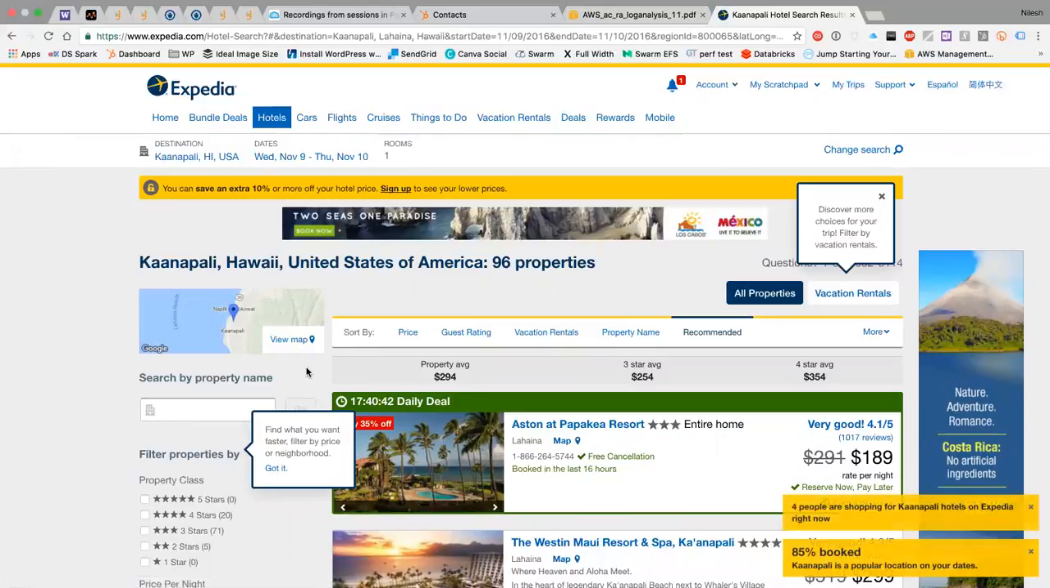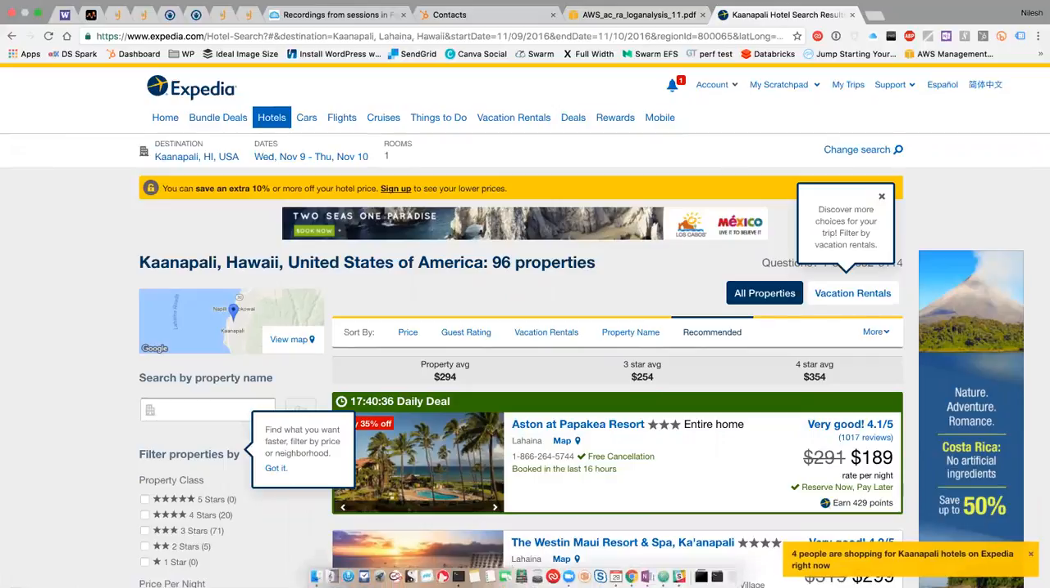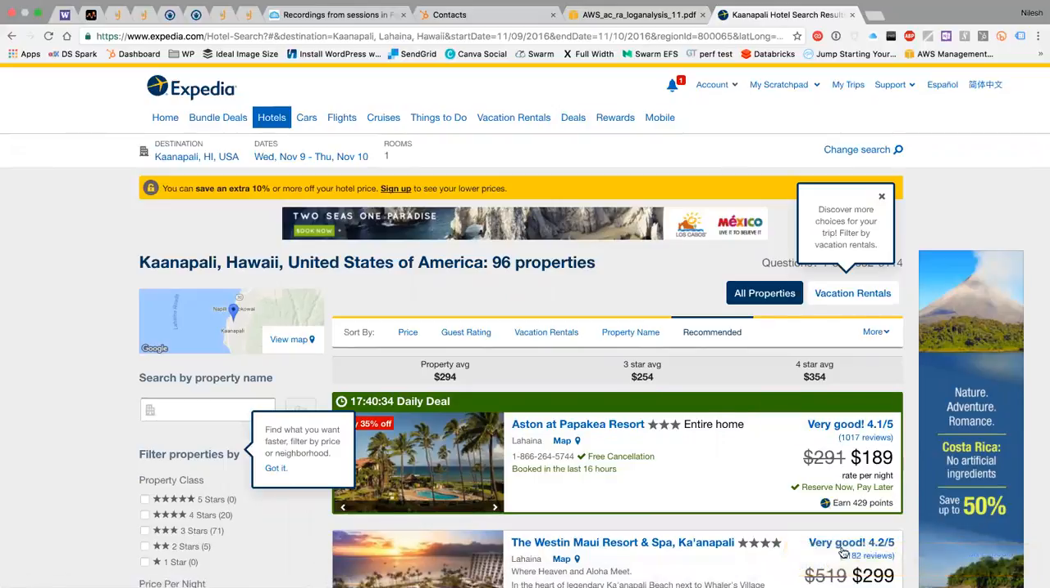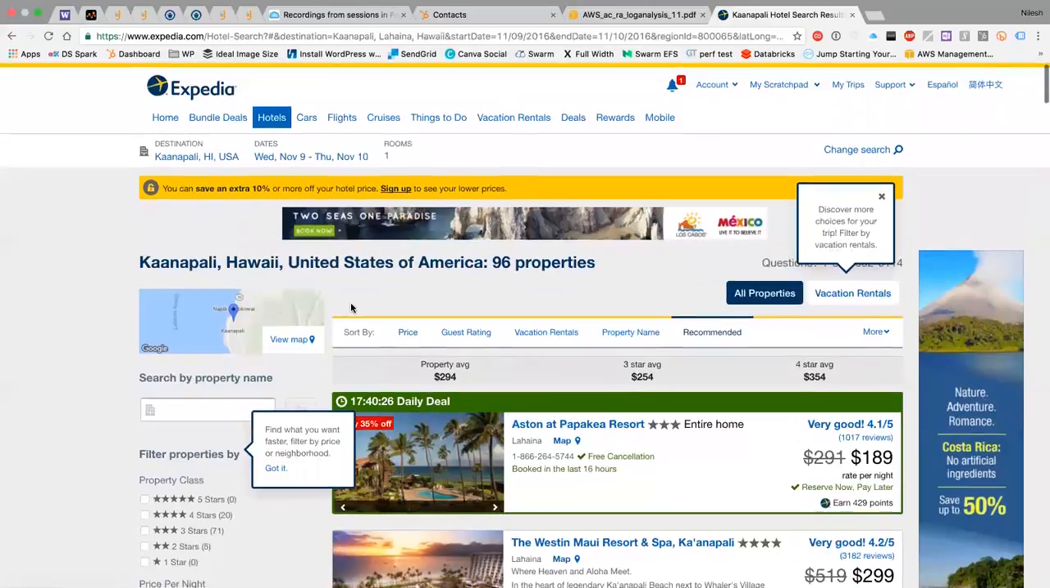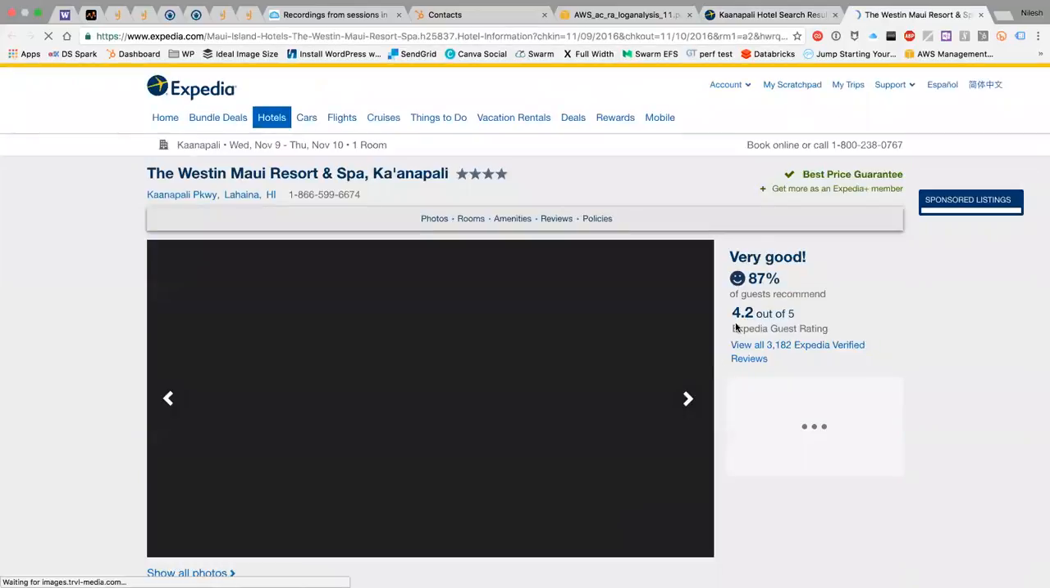It's actually telling me right now, as you can see at the bottom in the yellow corner, that 4 people are shopping for hotels in Maui on Expedia right now. It's telling me right there and then. If I don't do much here and just walk away, I might get a prompt saying, you know what, it looks like you are interested in the Westin Maui Resort, for this price of